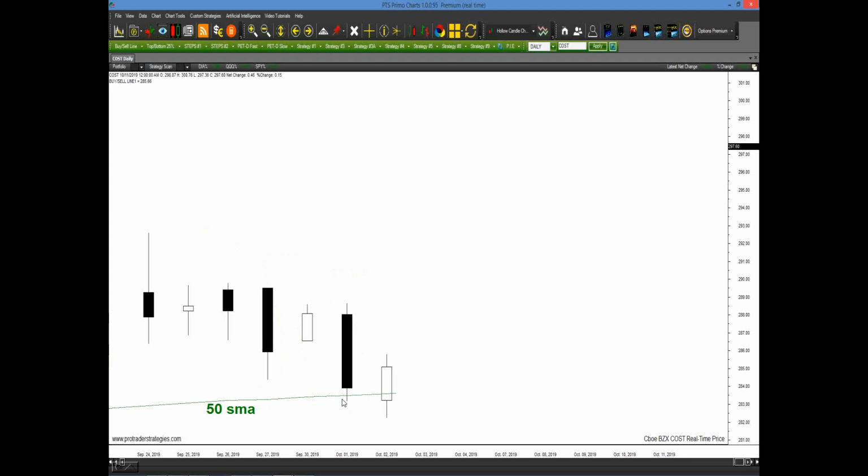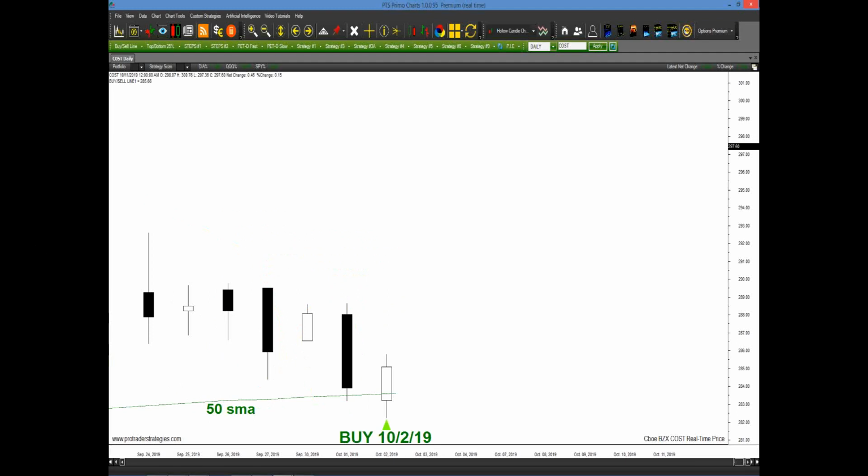Until we have 3 to 5 closes below that, the overall trend is up. And what you may see as a sell-off, as a downtrend, is actually a buying opportunity. Now, if you know the rules, you would check your work, click on strategy number 9, and click on signal